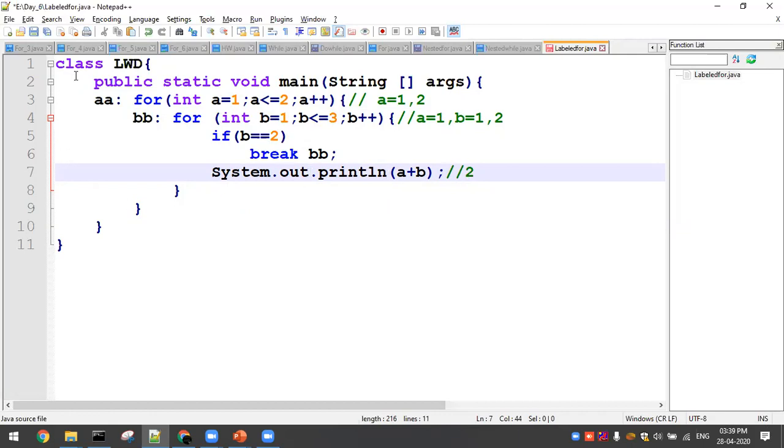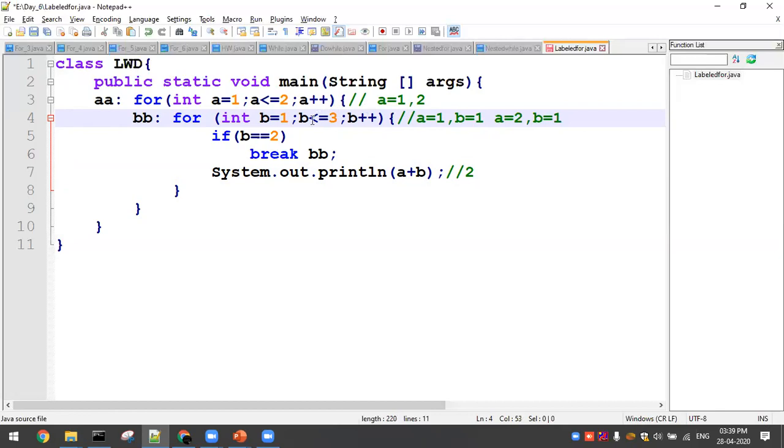Next time you will increment the value, a equal to 2. So the outer for loop didn't break, right? That is why I'm directly going in with the outer for loop value 2. 2 less than or equal to 2 is true. So again a value equal to 2, b value equal to 1.